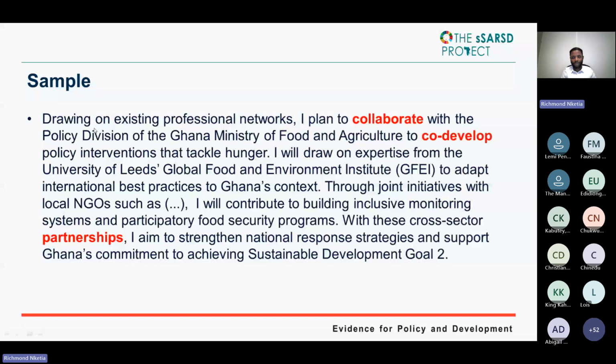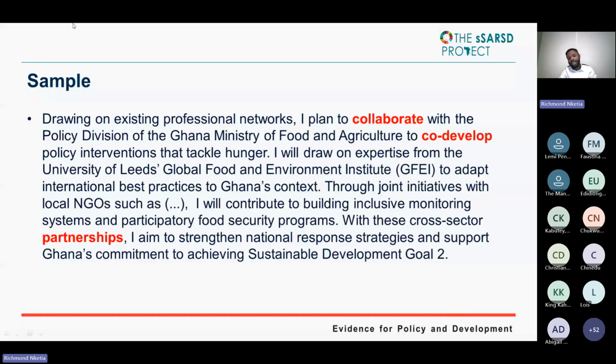Yes, whatever the case, you still need networks and you still build networks. Nobody has ever done it all. But if you start this way, it gives them an idea. The guy knows what he's doing. He already has the established networks that will get him started. Yeah, so I plan to